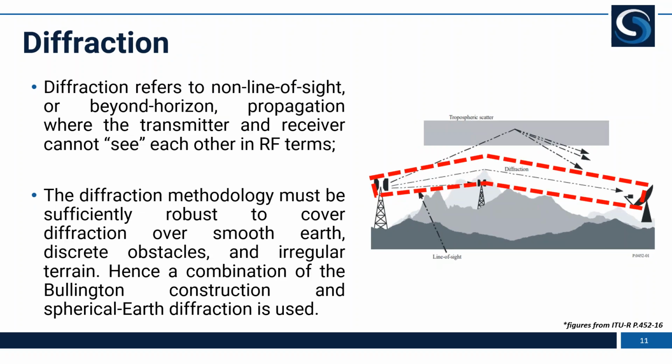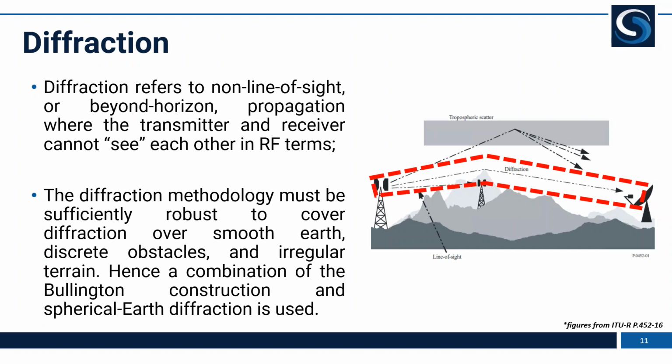The second propagation mechanism that is also computed in P452 is diffraction. Diffraction refers to non-line of sight or beyond the horizon propagation, where the transmitter and receiver cannot see each other in RF terms. So in the image there, it appears that there is a mountain or a hill or something like that, and the transmitter and the receiver are unable to communicate by a direct path. There's only a path that is